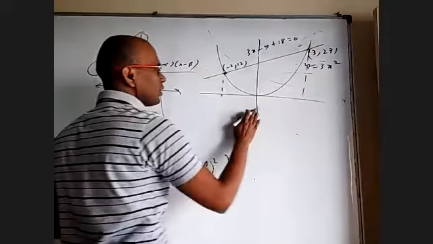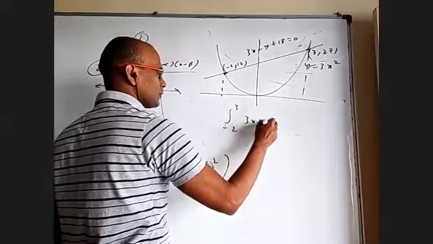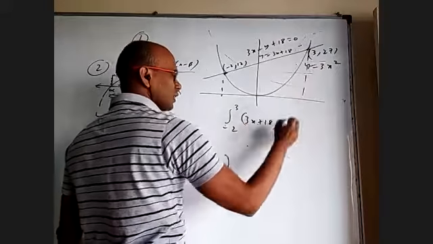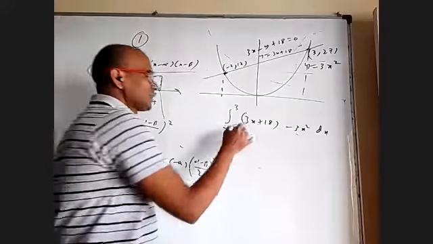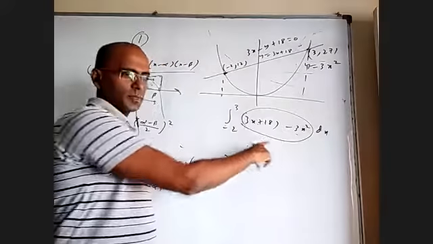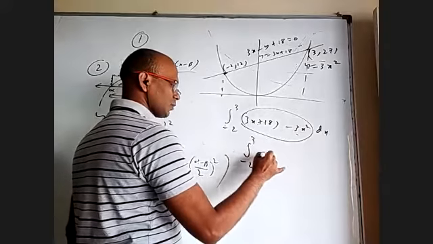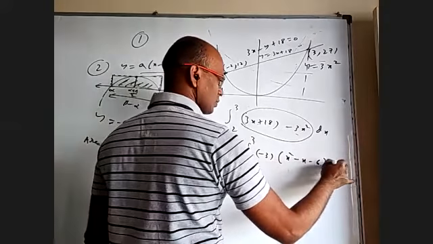And you have to find now integral minus 2 to 3. Upper curve is what? y equal to 3x plus 18. Lower curve is 3x square, dx. Now what I'm saying is this: you will always find a quadratic expression with these two as the roots. Let us see. Integral minus 2 to 3, if I take minus 3 common, is x square minus x minus 6, dx.